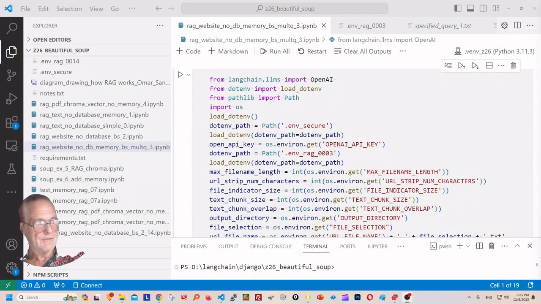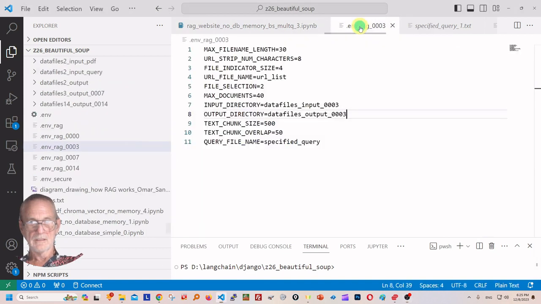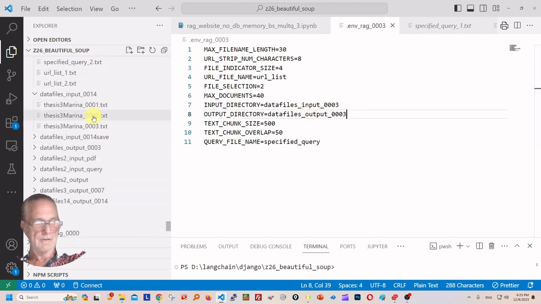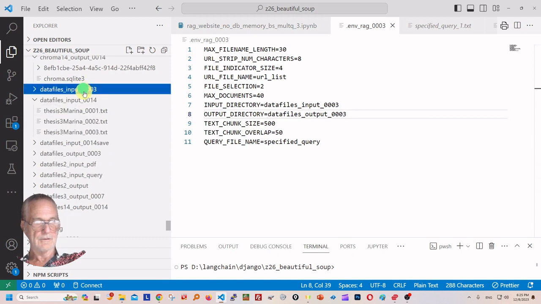Okay, welcome to another chapter of Easy Artificial Intelligence R.A.G, Retrieval Augmented Generation. Basically, this is similar to the last chapter. All we're doing here is feeding in a list of parameters. We have data files input 003, so we have a folder, and the folder is going to contain some text